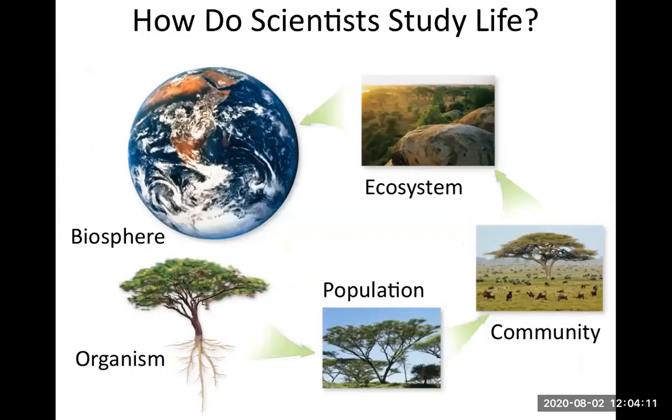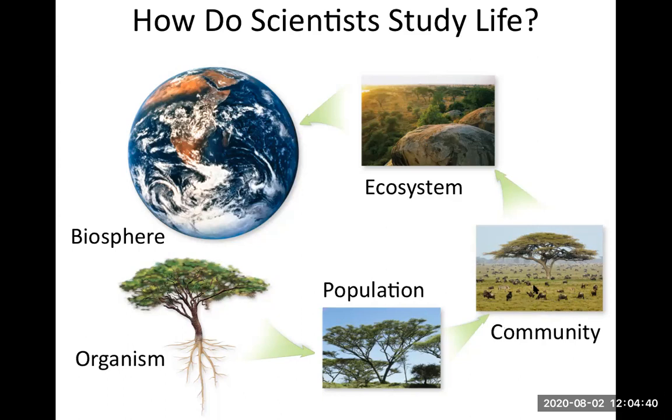If you have more than one organism in one place at one time, we call that a population. So here's a bunch of acacia trees hanging out together in one place at one time. If you start looking at more than one species in one place at one time, then you have a community. So here is a bunch of grazing animals and my acacia tree and the grass, all those living things together,